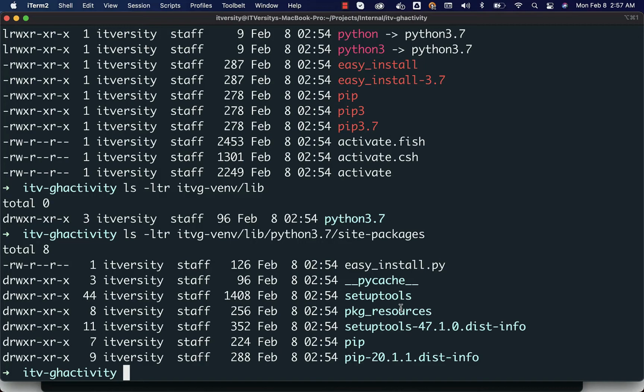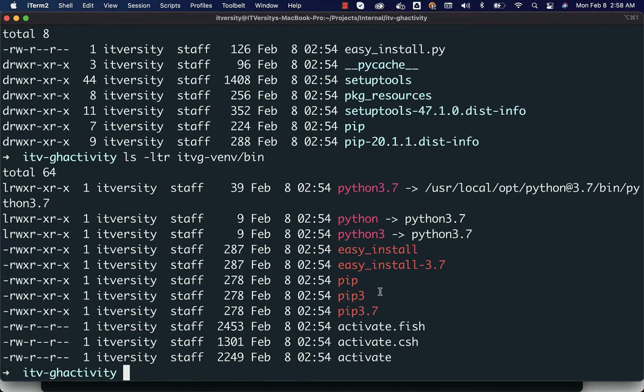As we are done with setting up the Python virtual environment, now it is time for us to activate. To activate, you have to run a command called activate, which is available under this folder bin. You can see the activate here. If you are using Windows, the approach might be a bit different. You can figure it out by googling around, or I might create another video just for Windows.